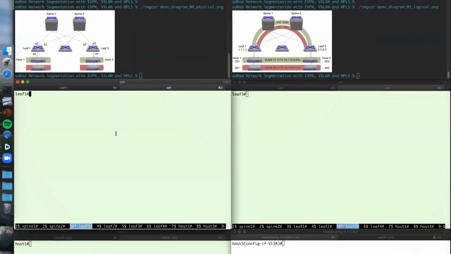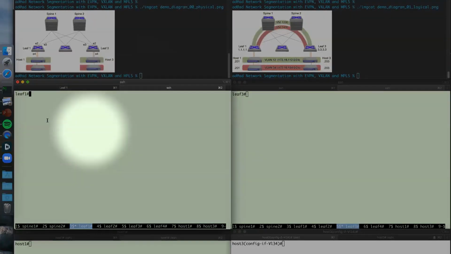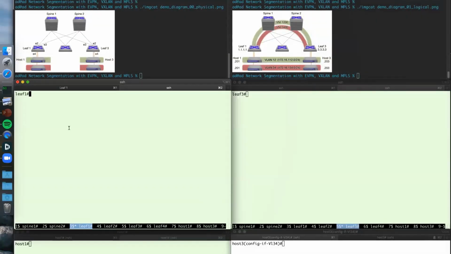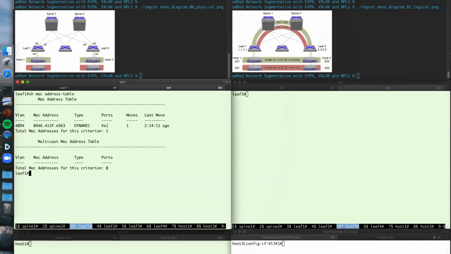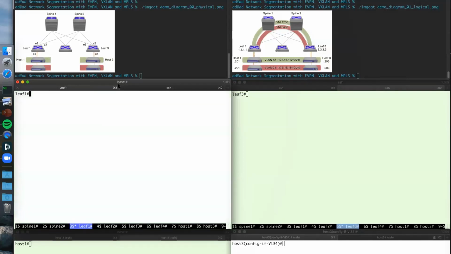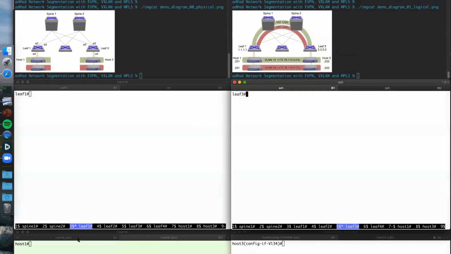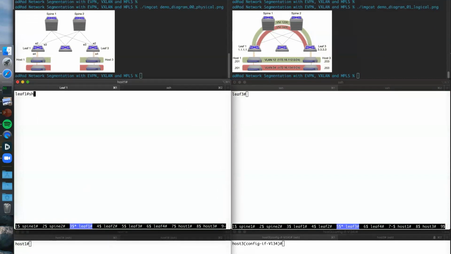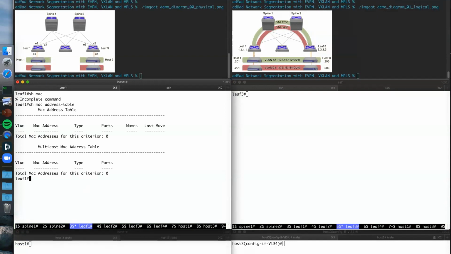So what we've got on the left-hand side, I've got my leaf 1, and I'm not sending any traffic at the moment. So if I do a show MAC address table, I've got no locally learned MAC address because my device is not sending anything. So if I do a show BGP EVPN, sorry, I was on my L3 VPN demo. So I wanted to start with the L2 VPN. So show MAC address table, I've got no MAC address at all